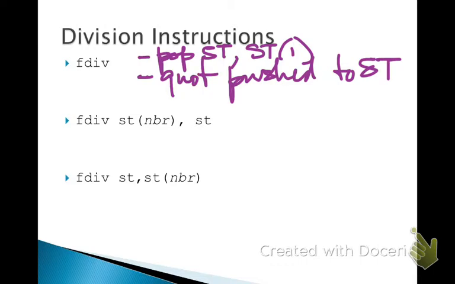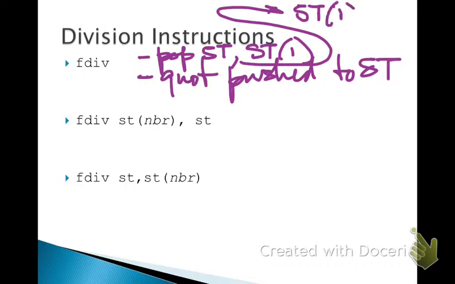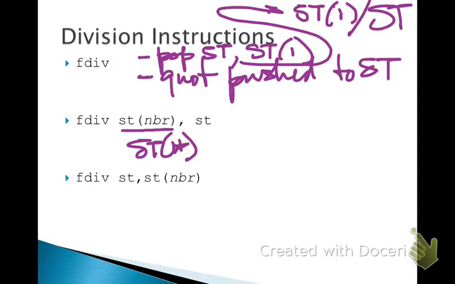Now, I say quotient. Let me tell you what it does. It calculates, and let me just say right here, it calculates ST1 divided by stack top. Just to make that clear. Okay? Alright, again, I've got a default destination, so stack top number will be replaced with the quotient that results